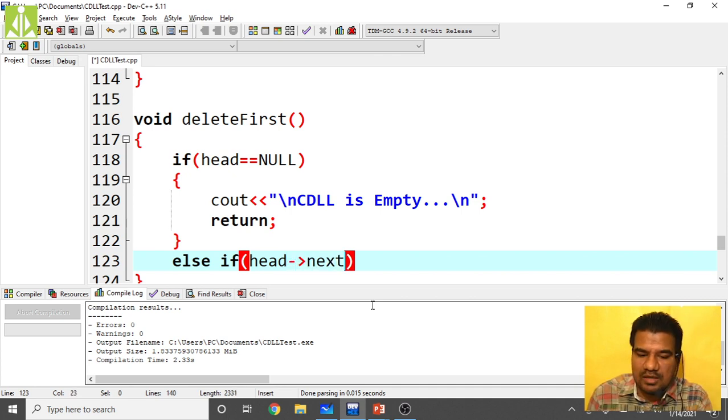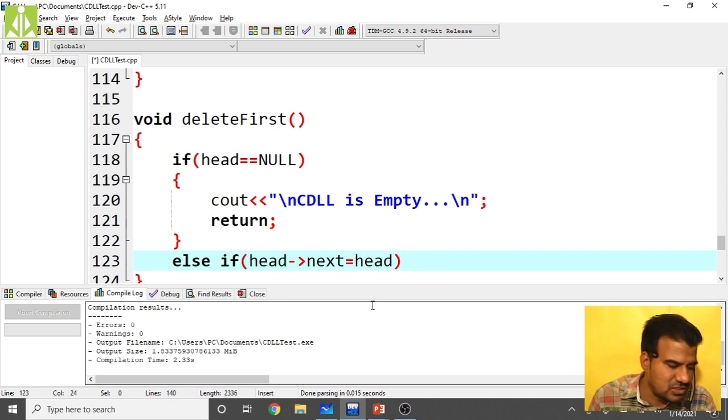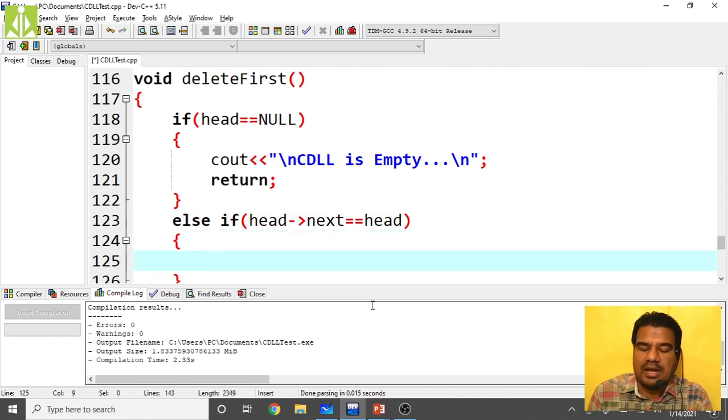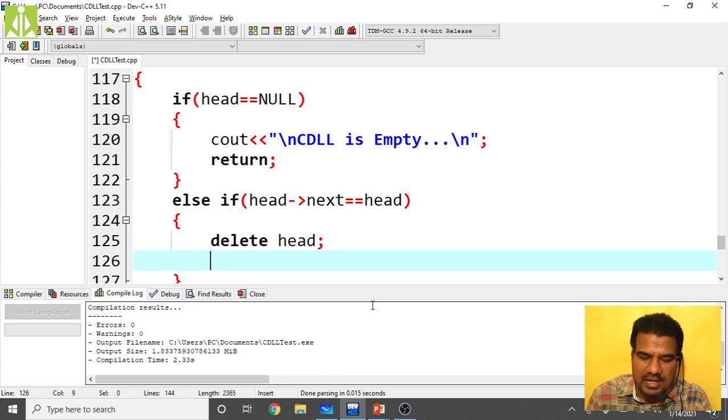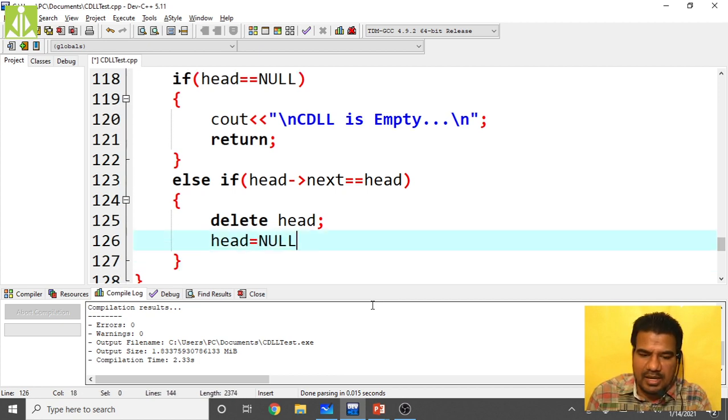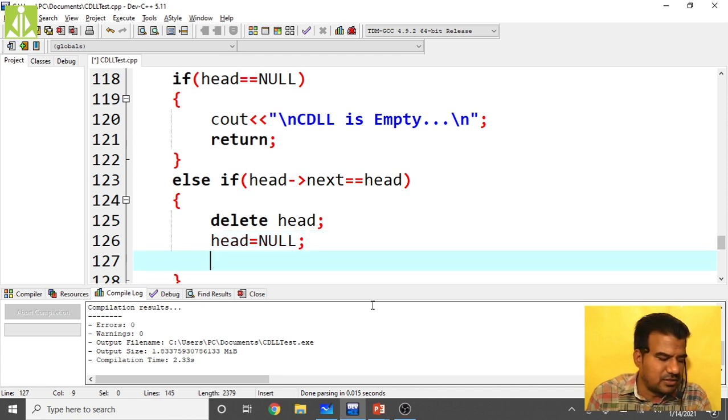That means you have only one node inside the list. If you have only one node, then delete that only node. Delete head, because only one node means your head pointer will point to that one node. So delete head, then make head null and return.